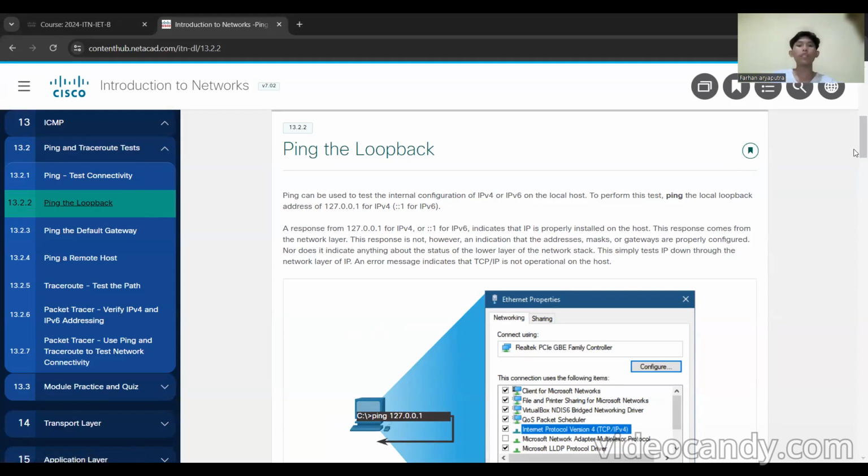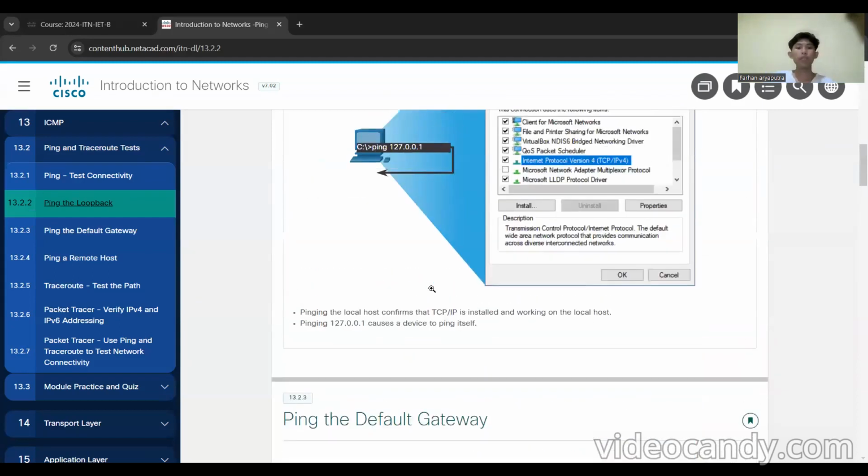An error message indicates that TCP/IP is not operational on the host. Number one, pinging the local loopback confirms that TCP/IP is installed and working on the local host. Number two, pinging 127.0.0.1 causes a device to ping itself.